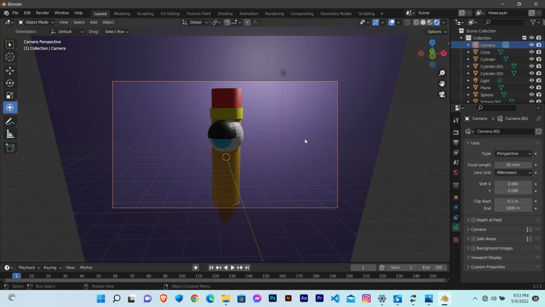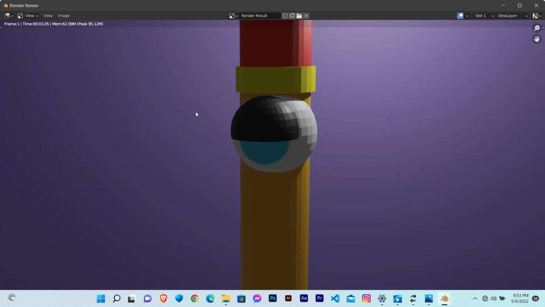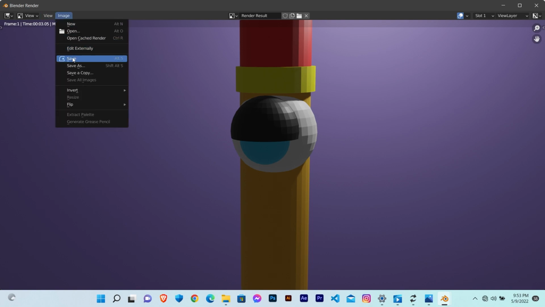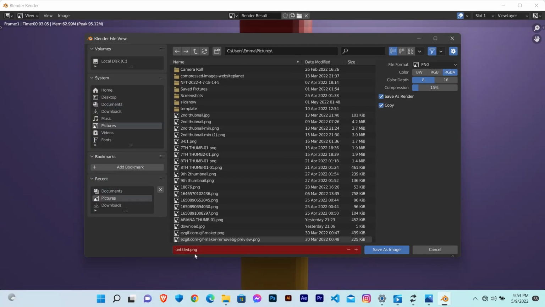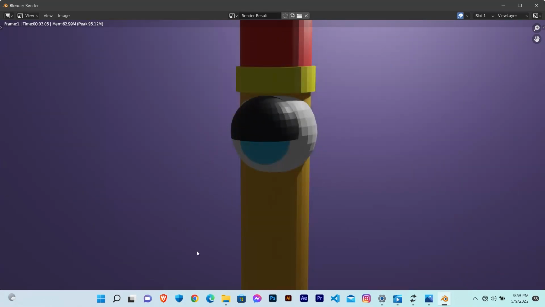So now I want to click on render right at the top, render image, and it's going to bring up a new window. So this is the image, how it's going to look after exporting. So now I want to click on image and save. I'm going to give this a name in your folder directory. So I'm going to quickly give mine a simple name, easy to remember. So now once you have the name, I want to click on save image, and your image is going to